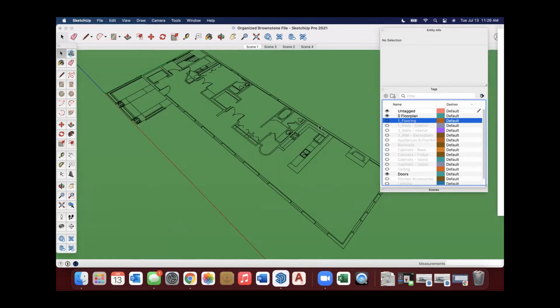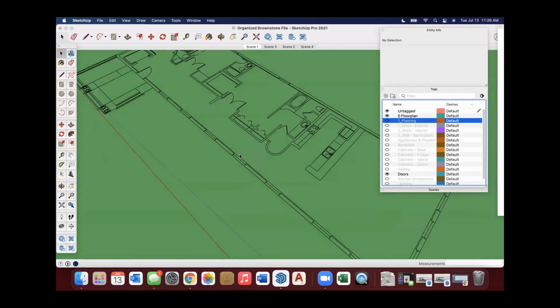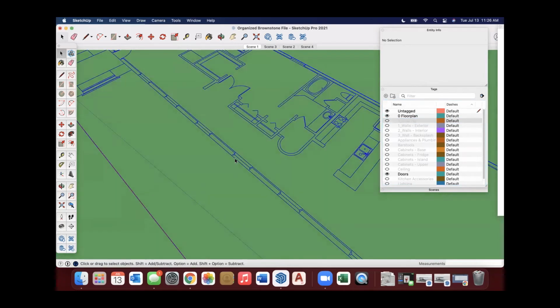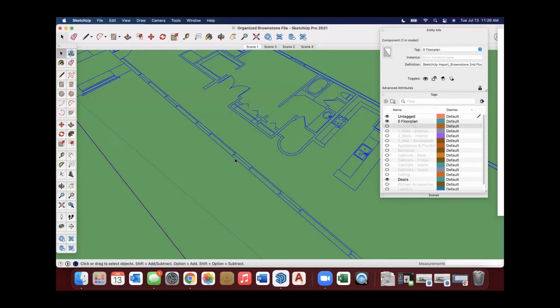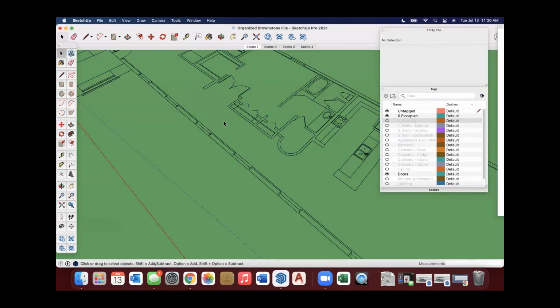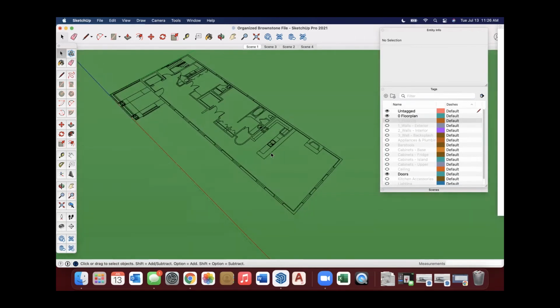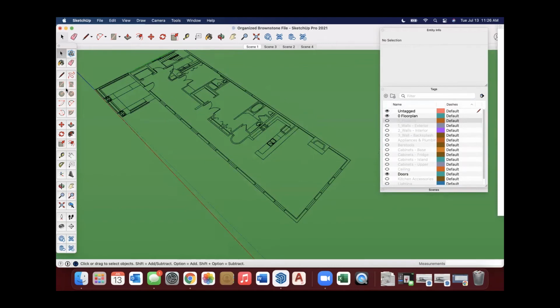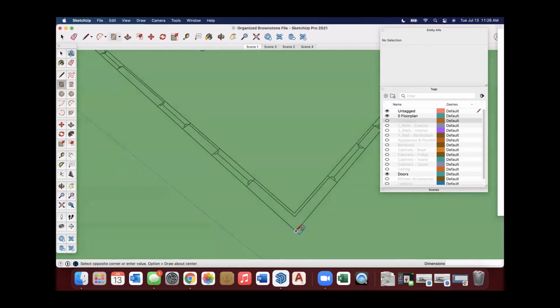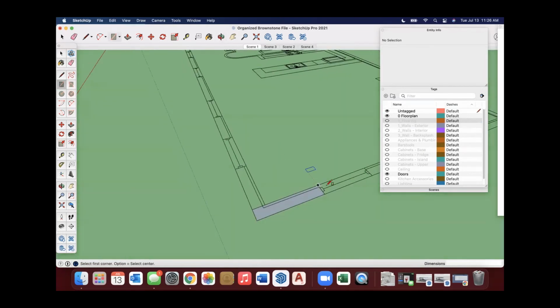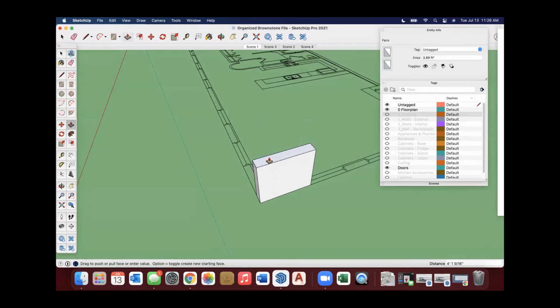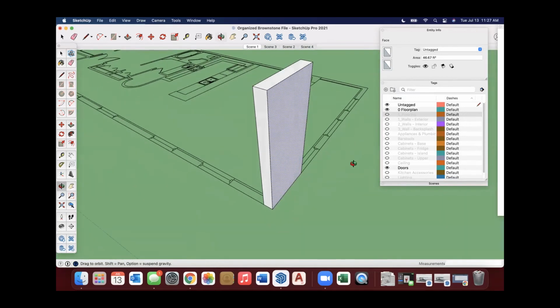And then you'll notice at the bare minimum, the very last one that I haven't turned off is the floor plan. If you've imported it, you might have built your model directly from scratch, or more often than not, I'm always building off of an image, such as a JPEG or a PNG, or actually I typically import my CAD plans, and I find that to be the easiest way. This is my favorite way to model because it's so nice. I can just have the floor plan imported. I can draw that first rectangle, it locks on. You can see that it gives me snap points to it. And then I can easily pull up the wall to the height I need. So like if I had 10-foot ceilings, I can just pull that up to 10 feet.